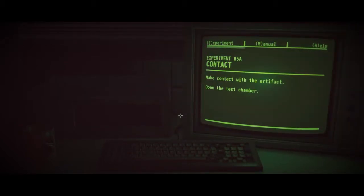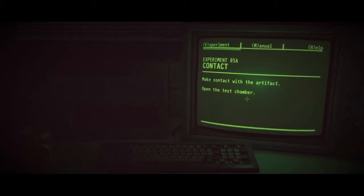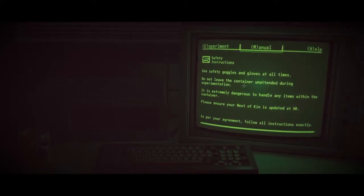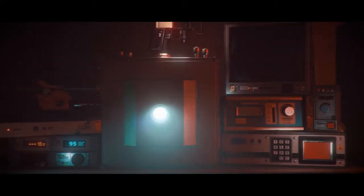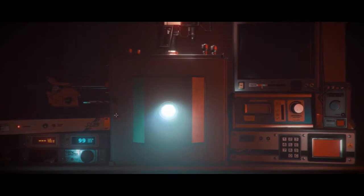Experiment 5A. Contact. Make contact with the artifact. Open the test chamber. Alright, the manual over here in the safety instructions says, do not leave the container unattended. Oh, that's never good. I have a feeling that I'm going to turn back to this thing and it's going to get me. Alright, everything is kind of off on its own, so let's...